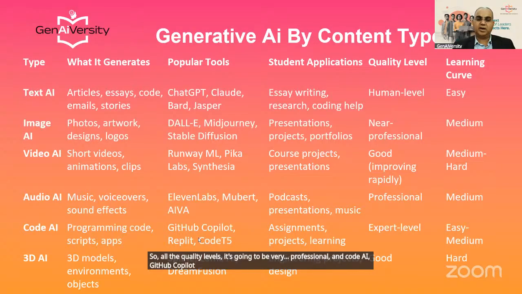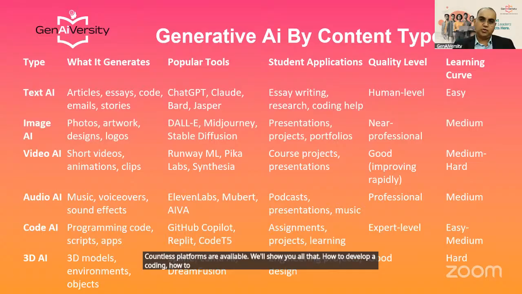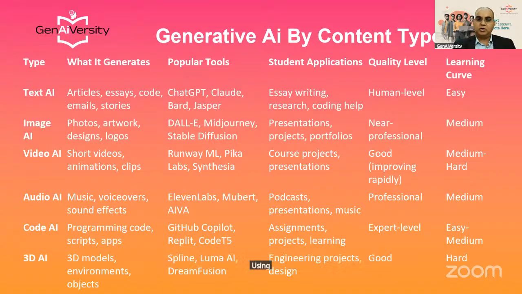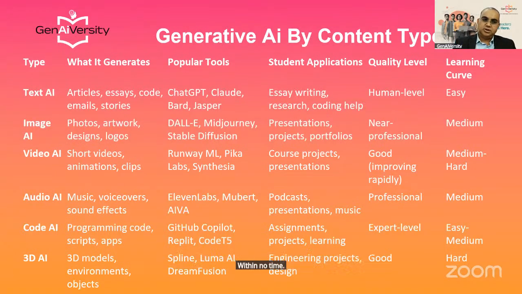And code AI: GitHub Copilot, Replit, CodeT5. There are many tools. Cursor, Codeium, etc. There are many, many, many. There are countless platforms that are available. We'll show you all that: how to develop the coding, how to write the code using generative AI tools and build an application on the fly within no time. So 3D AI models also we can generate. So now let's go to